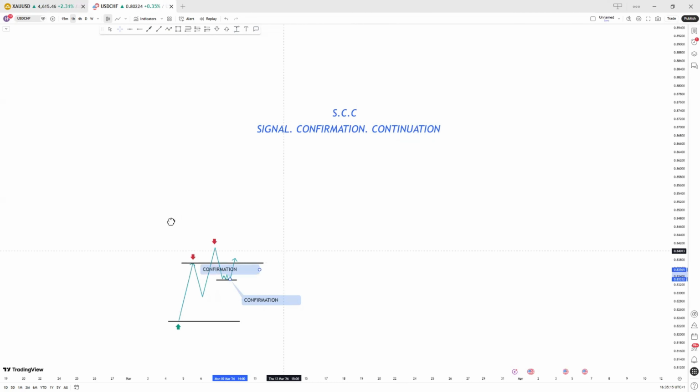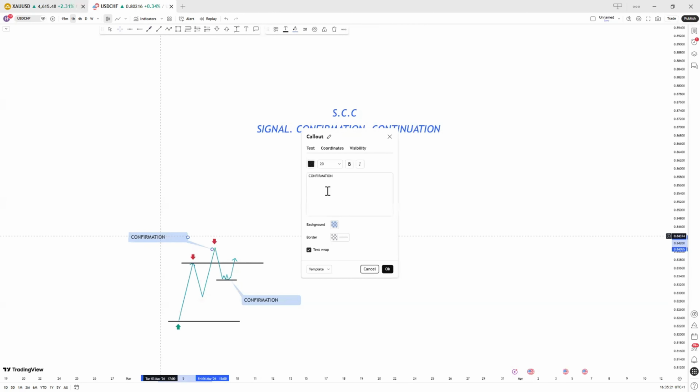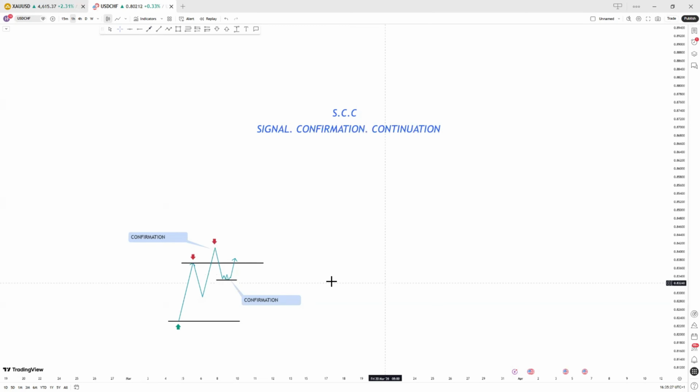And this is our signal. Right? So what we have here is the signal when price breaks above this sellers' level. Now we have the signal. We want to wait, we want to be patient. Now we want to see the buyers holding this level after the sellers have pushed the price below this zone and tried to take control. You want to be patient and wait for the buyers to hold the level. Now you see price consolidate and then start pushing back upward again. As soon as price closes above this level,